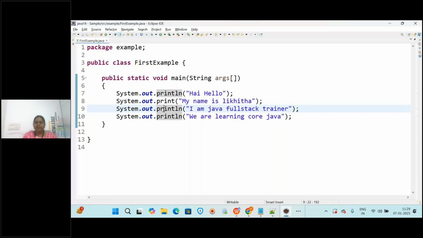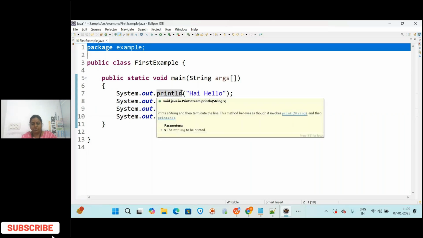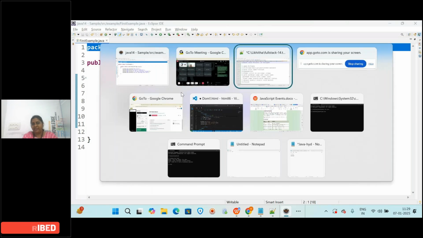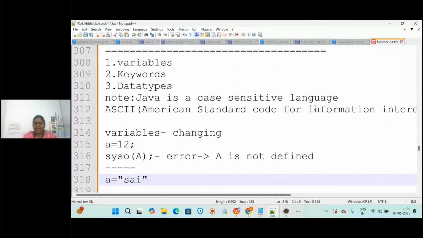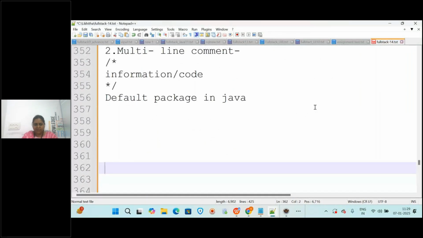But we did not use any package here. This is what we declared, but we did not import any package. Did we import it? No. So it is automatically imported when you are saving with what? Java. When you're saving with what? Java. So the default package of Java programming language is